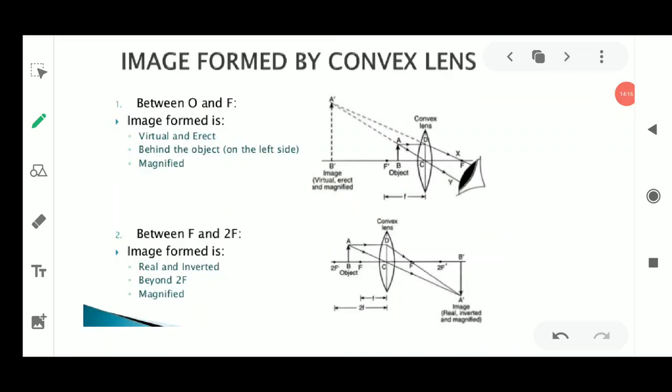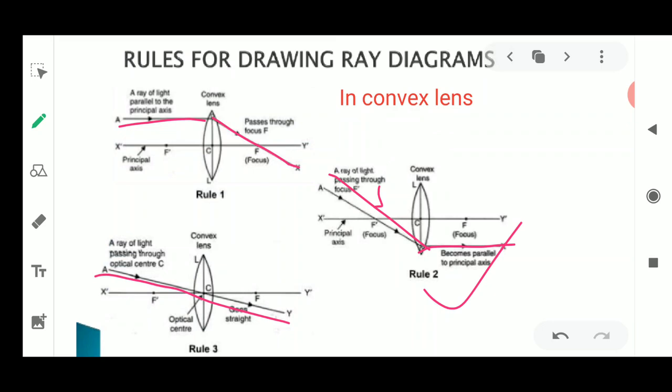So the first is image formation, which is based upon the places we discussed in the last point. What all places are there for the image formation will remain the same: the object could be at the focus, it could be at the center of curvature. Based upon these rules, it will be the same.